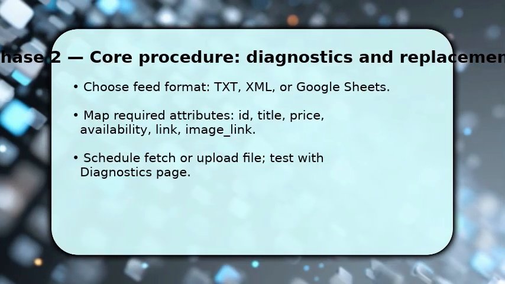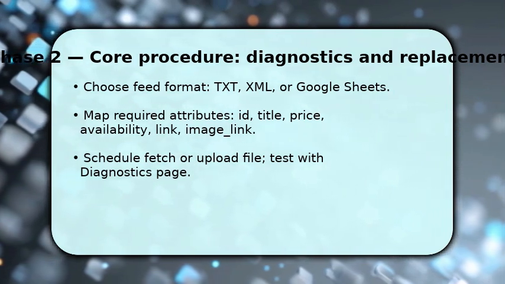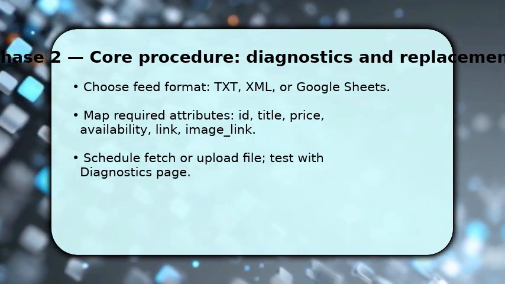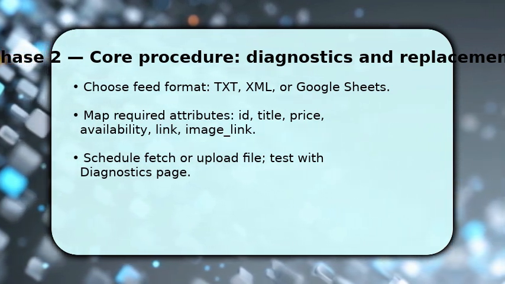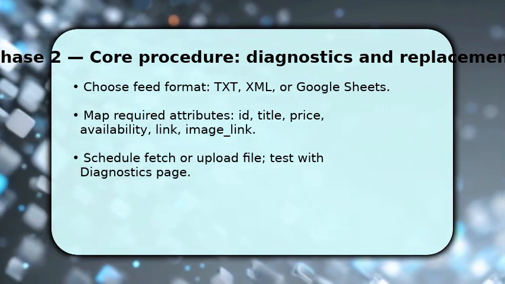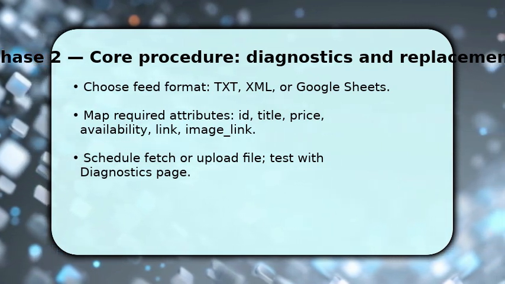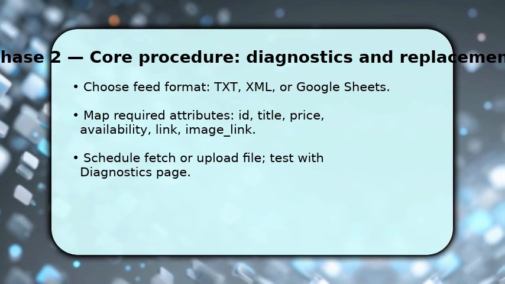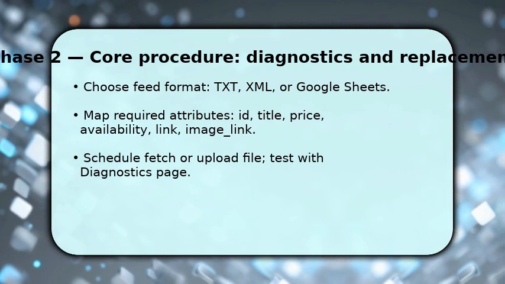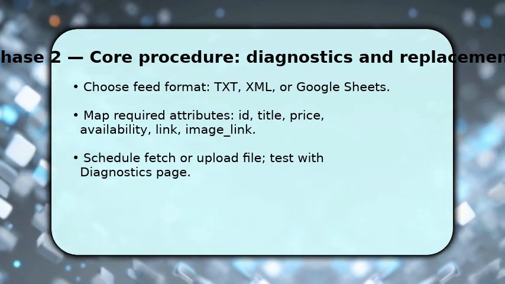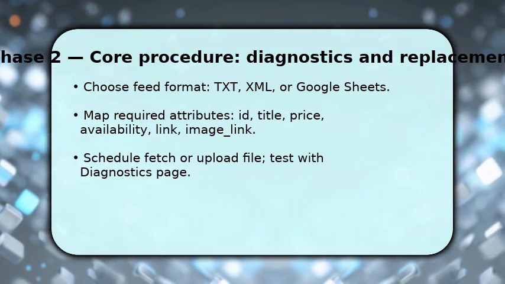Now build the feed with required attributes and optional fields that boost performance. You should use TXT or XML for large catalogs. Google Sheets is okay for small inventories. Once the file is ready, upload or schedule a fetch and set the correct time zone and frequency. Make sure to map ID, title, price, availability, link, and image link accurately. Incorrect mapping triggers errors. After upload, check the Diagnostics tab and fix attribute errors so your items pass review and